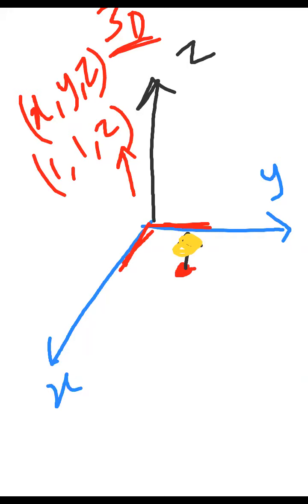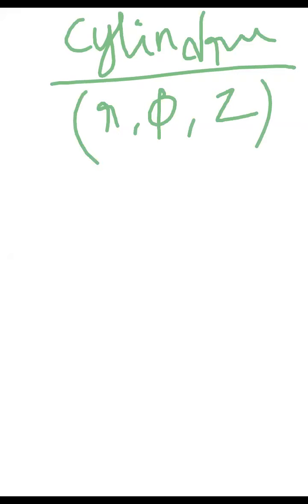Okay, now cylindrical coordinate system. What is the parameter of the cylindrical coordinate system? R, theta, z. R, pi, z. Don't use theta, try to use pi, because another factor theta will be coming in the spherical coordinate system, and then you will have confusion there.